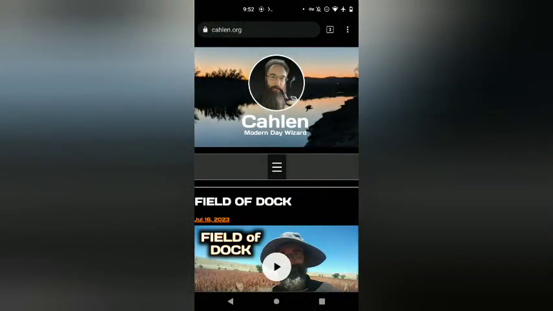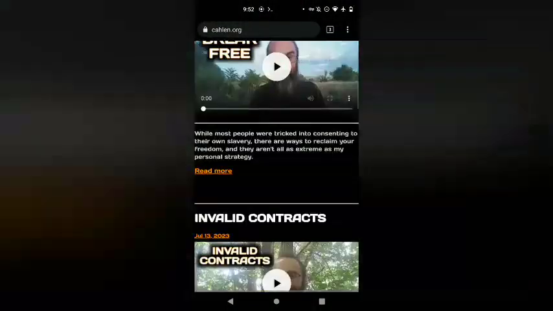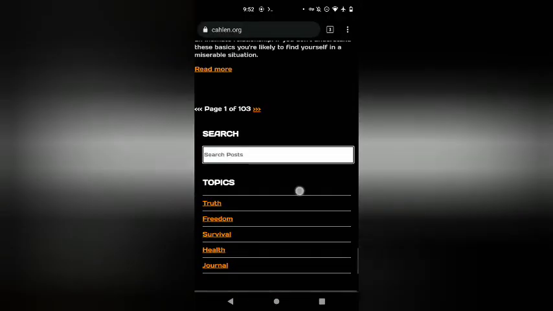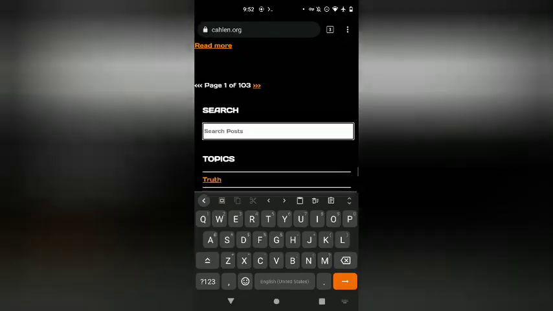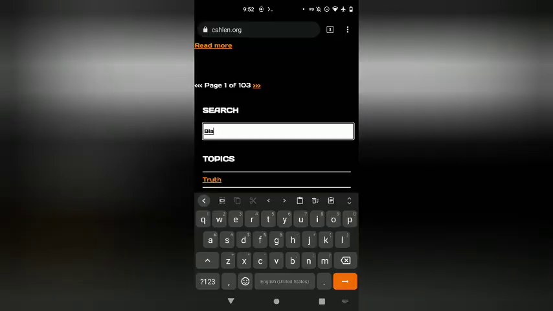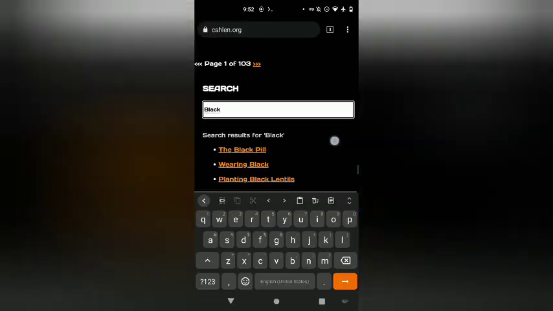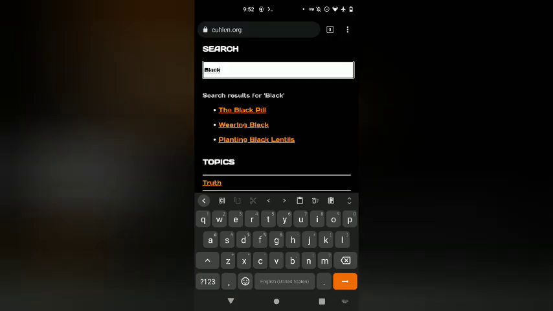Here's the website right before I published the update with all the new features, just to show you how the search was working before. So let's say we want to see why Cahlen wears black, so we're going to search black, and we see instantly, without having anything needing to happen or a page to load, all of the videos that I've made with the word black in the title. That's really nice, but there's a downside in that I can't search the description. And I tend to use short titles, so being able to search the description is important.